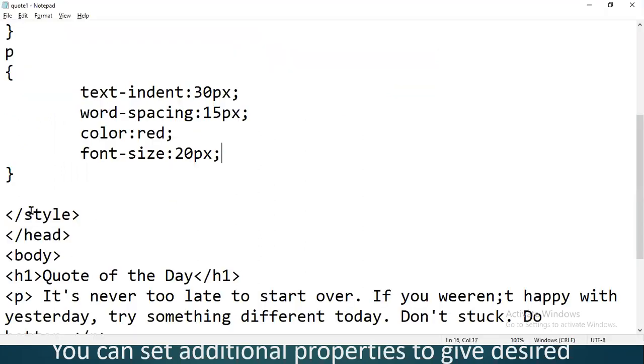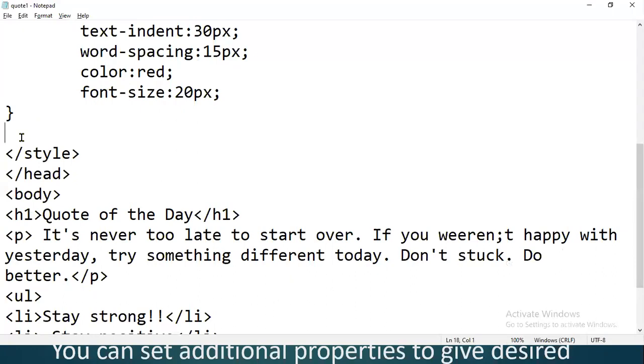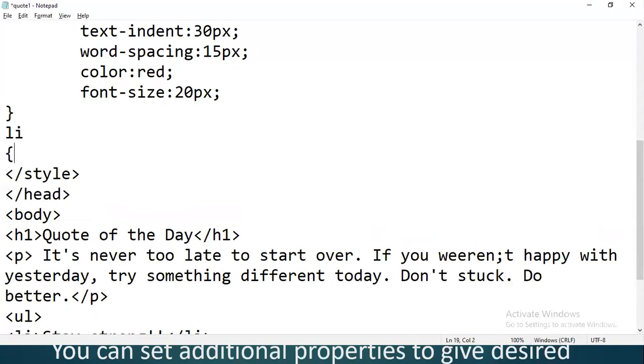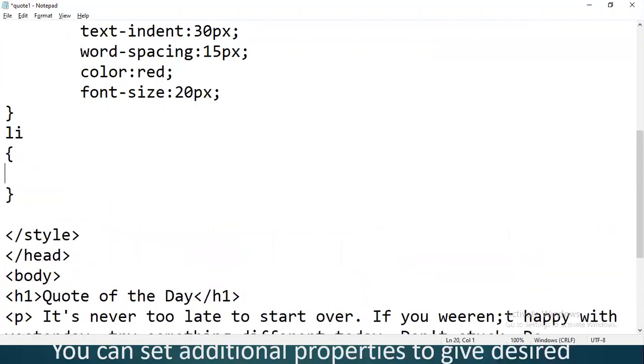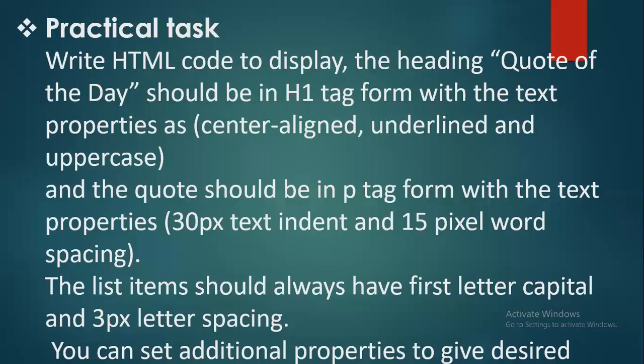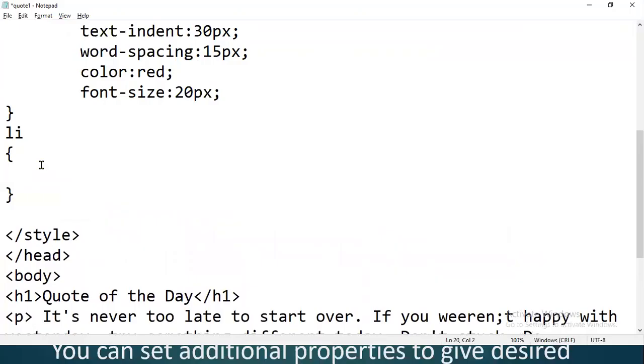Okay, now we'll do the things for the list. So first of all, we'll write the selector li. Then under the li, we'll define all the values for the list. So what were the requirements for the list? The list item should always have the first letter capital and 3 pixel letter spacing.